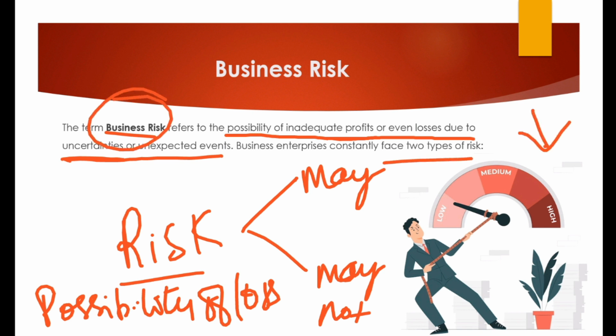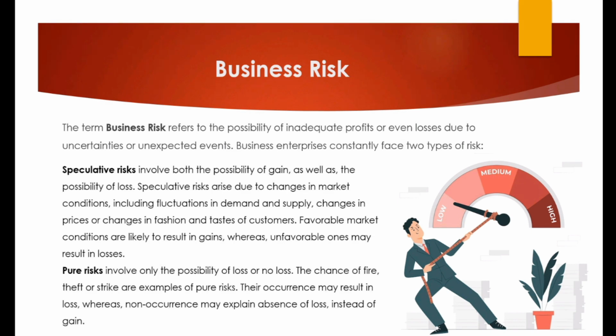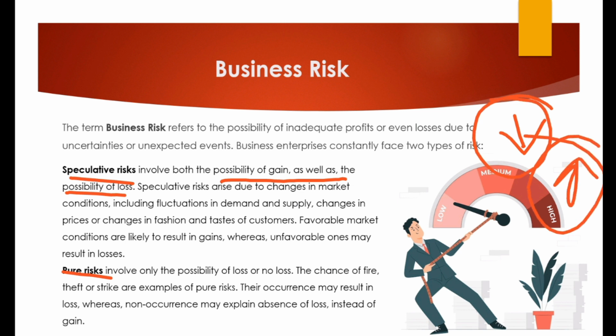So there are two types of business risk, that is speculative risk and pure risk. Now, what is speculative risk? Speculative risk is possibility of gain as well as possibility of loss. Speculative risk means there's a speculation, there might be gain because of such activity, or there might be loss because of that activity. Example, changes in market condition, including fluctuations in demand and supply, changes in price, changes in fashion,